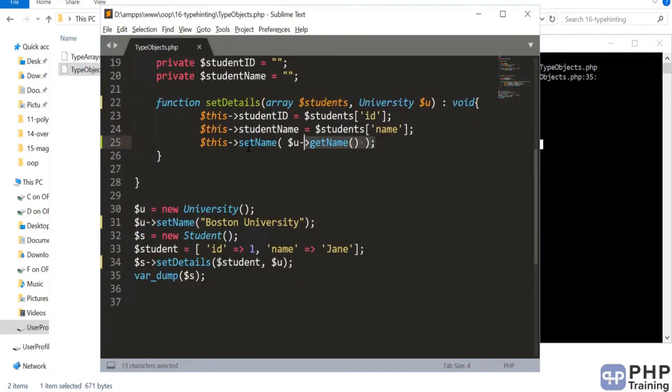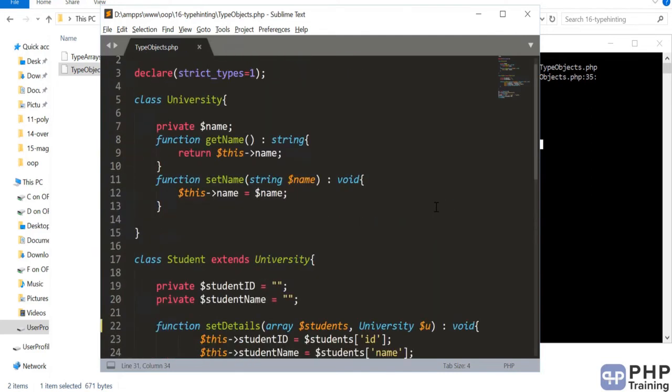Okay, and then it will obviously error out by calling some of the methods on it if you're passing anything else apart from that object. Okay, so this is a good practice, right? If you're thinking in OOPS and you're planning to write OOPS, make sure you have this practice.